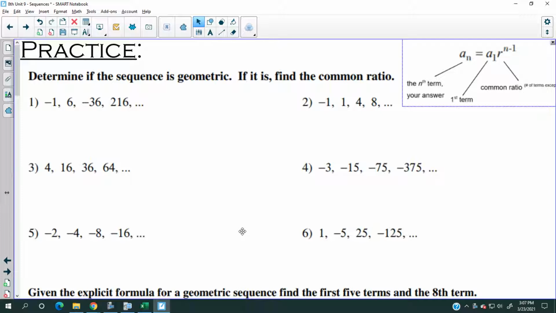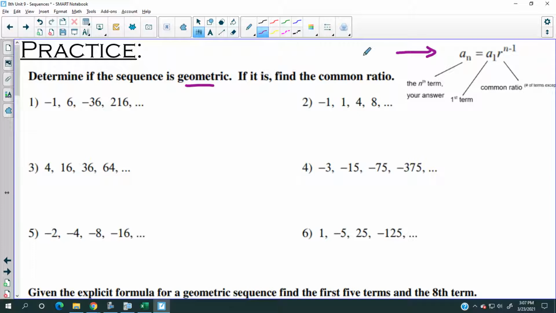Explicit for arithmetic, which we did a couple of lessons ago, and today geometric, so that we can finally move on to recursive formulas and then get the regions questions done. Right here, I've got the formula posted for geometric explicit